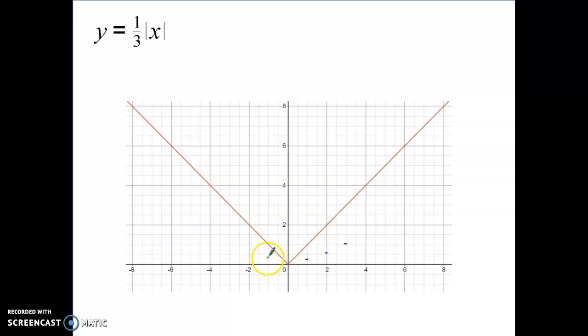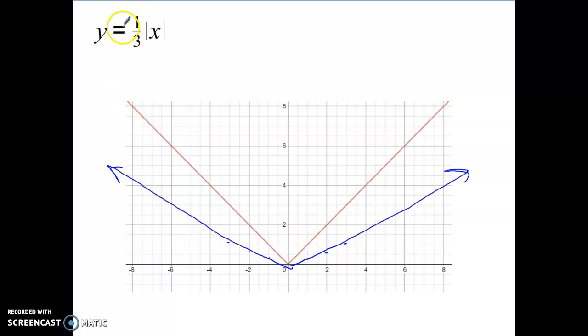And the same thing is going to happen over here on the left-hand side because you guys remember absolute value makes it positive because it's measuring a distance. So I'll put some dots over there. Now I'm going to connect the dots. So you can see that I still have a vertex. I still have straight lines both to the right and to the left, but this time it's a lot flatter